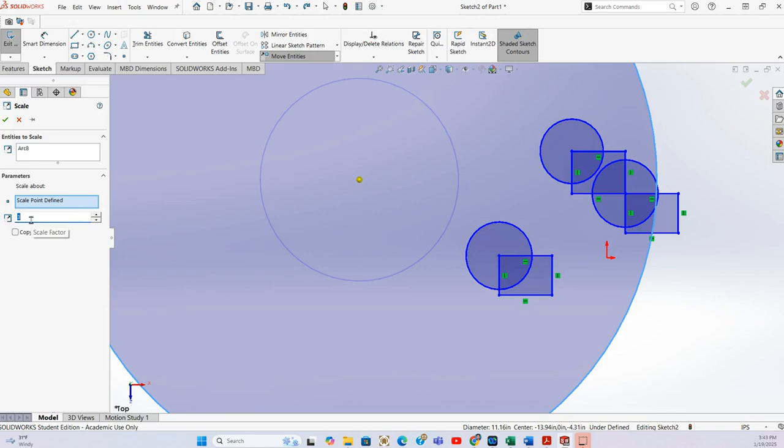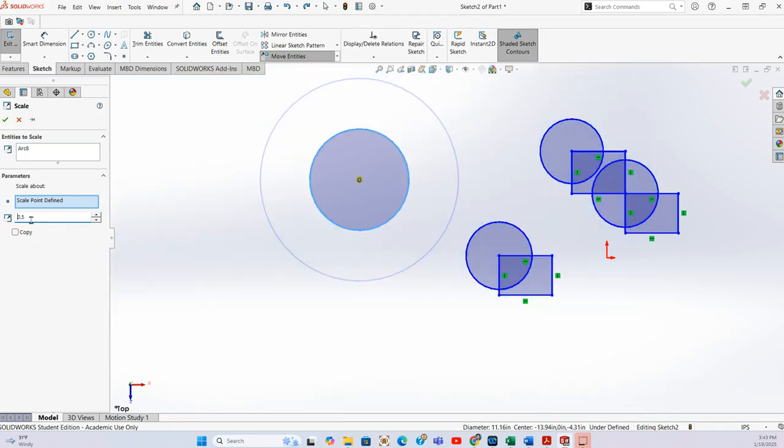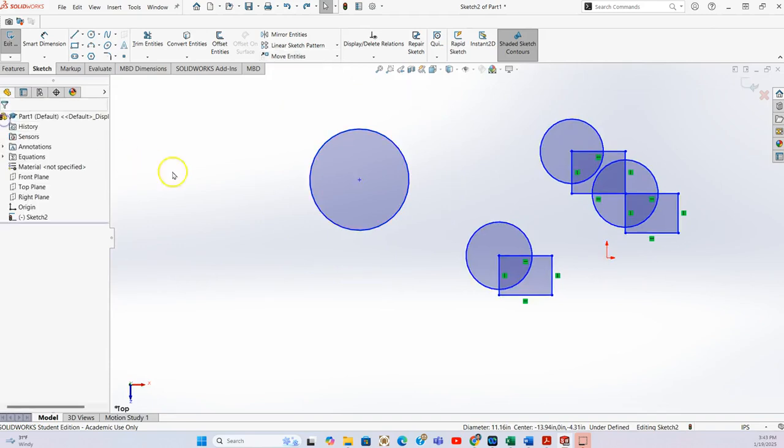So I will make it as 0.5, so you will see that the diameter or the radius of the circle has been reduced. So this is your circle. Okay, so this is how you can scale your sketches, then straight